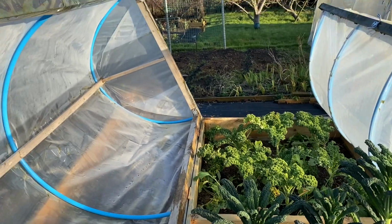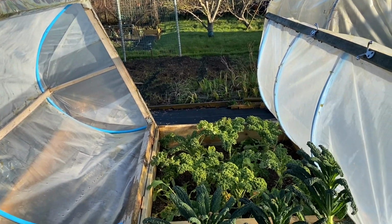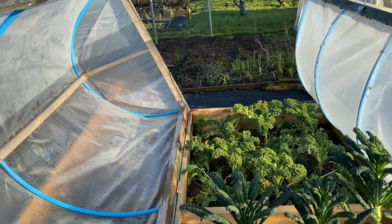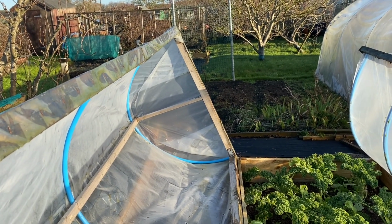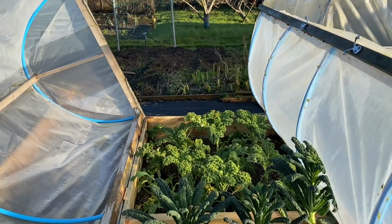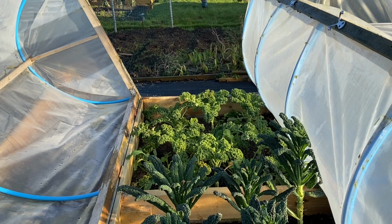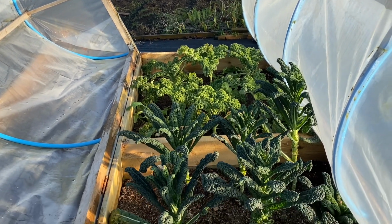This tunnel is not strictly necessary at this time of year. These would be fine, but we do get a slightly higher growth rate with the tunnel, but it's really just for storage. Anyway, that tunnel is the one that's going to go over those early kale plants, and then this bed is going to be, in May time, when that tunnel is taken off again, French beans,